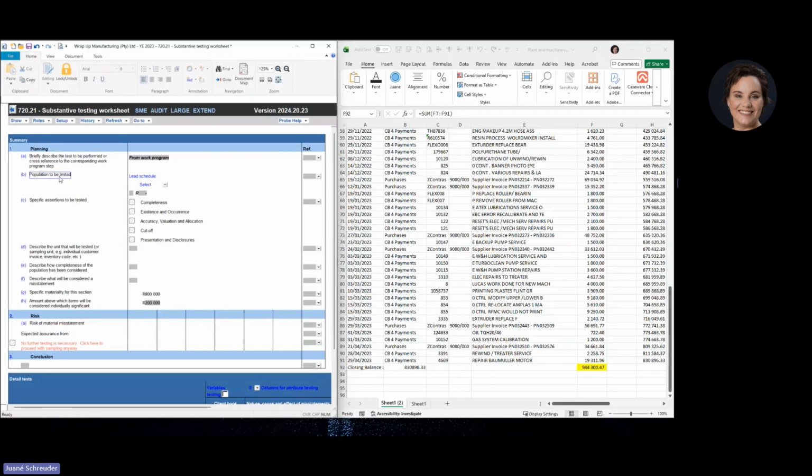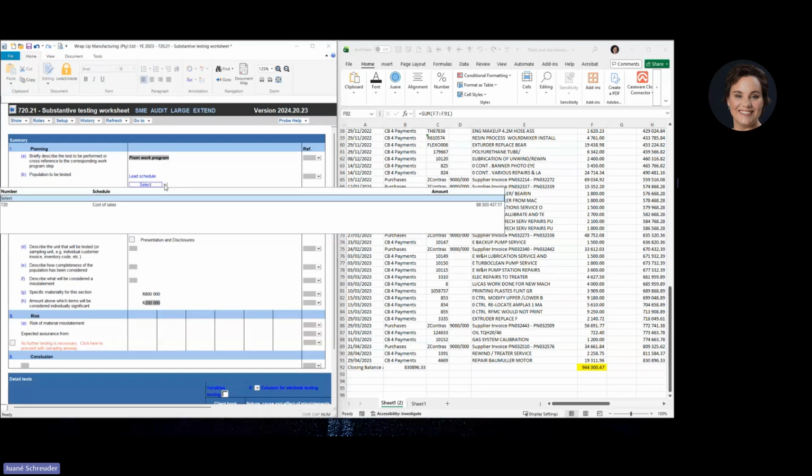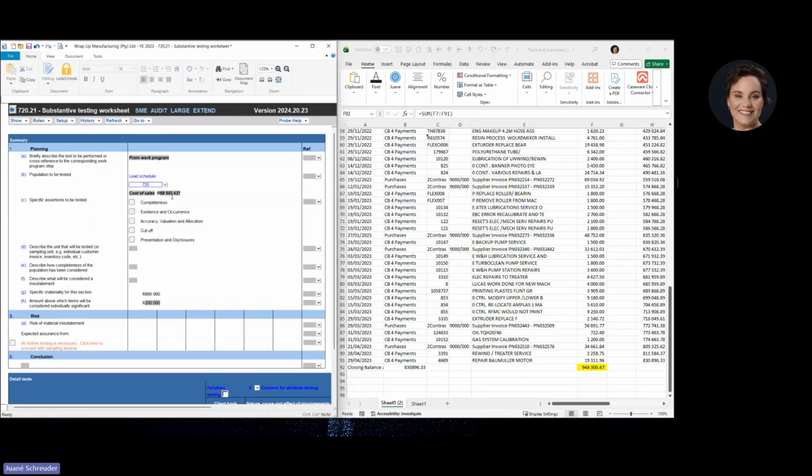It asks us then for the population that is going to be tested. Now, what we can do here is we can go and select the actual lead schedule. Now, what happened here, because we've told this document it is going to act like a cost of sales document, we only have the cost of sales lead schedule total as an option here. But what we have here now is it shows the full cost of sales of 88 million. We're not going to test the full 88 million here. We are only going to test, and you can almost say like